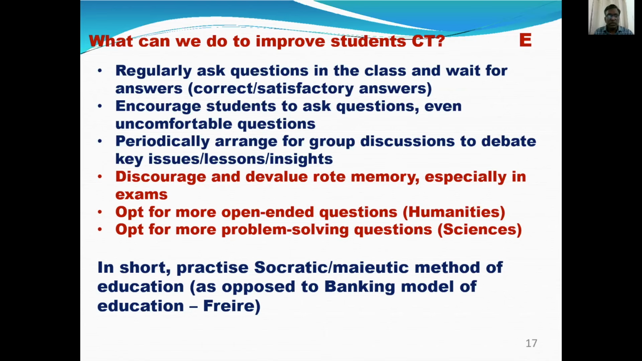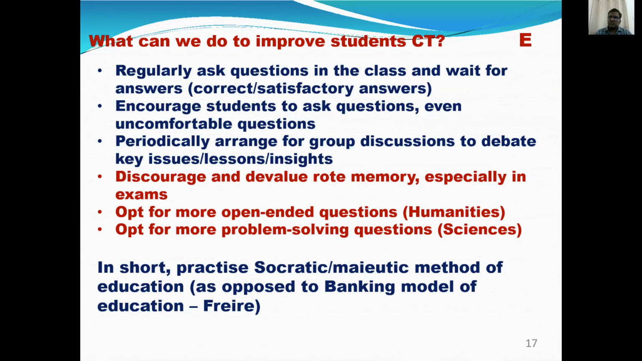So therefore, the point that I would like to talk about is, as teachers, whether we are chemistry teachers or mathematics teachers or commerce teachers or sociology teachers or philosophy teachers, what can we do and what should we do to improve our students' critical thinking skills or critical thinking abilities? I would like to talk about 6 points, and with that I'll finish the discussion. So the first one,